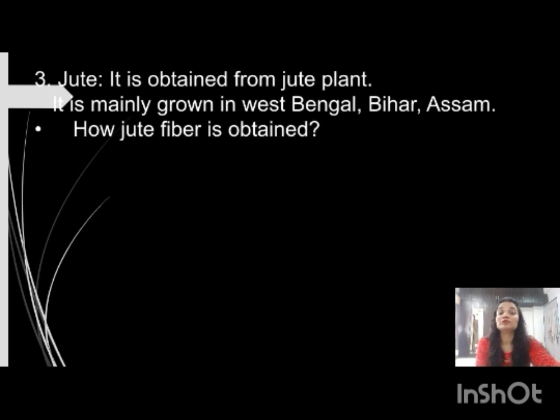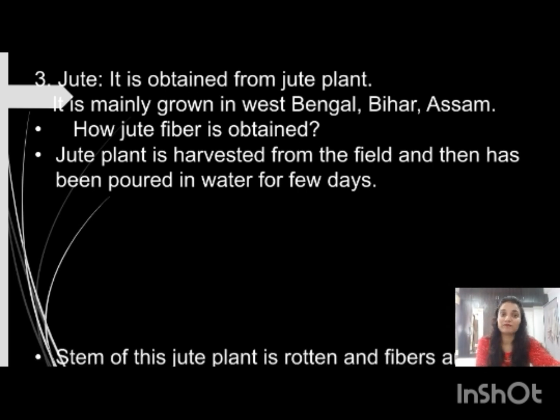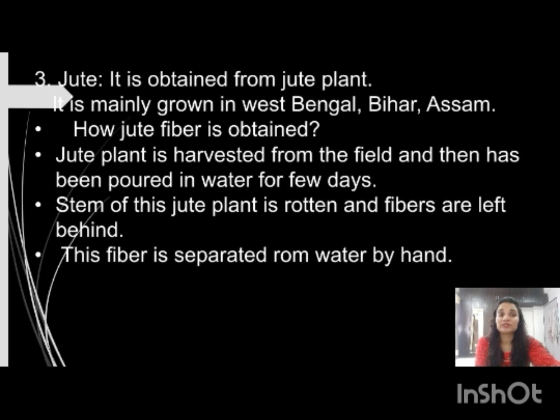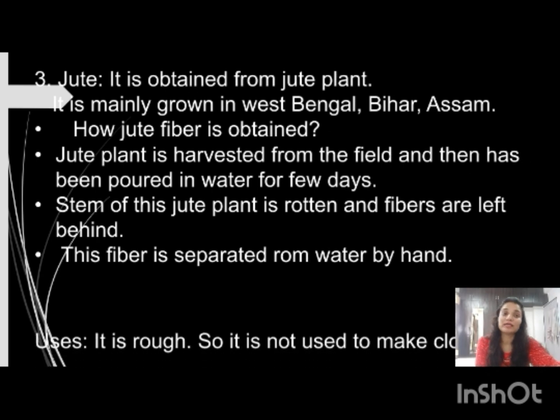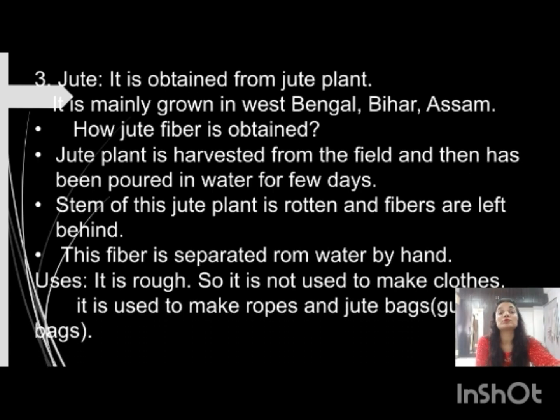How is jute fiber obtained? The jute plant is harvested from the field and then poured in water for a few days. We have to rot that particular plant and we will get the fiber. The stem of this jute plant is rotten and fibers are left behind. The fiber is separated from the water with the help of hand, and it is very rough, so it is not used to make clothes, but it is very strong, so it is used to make ropes and jute bags